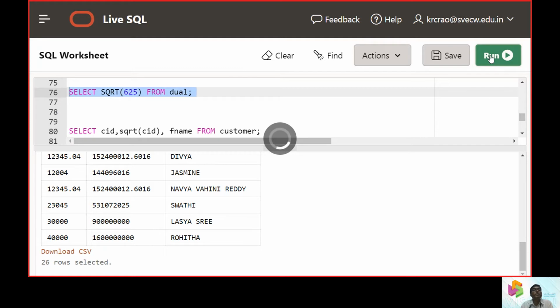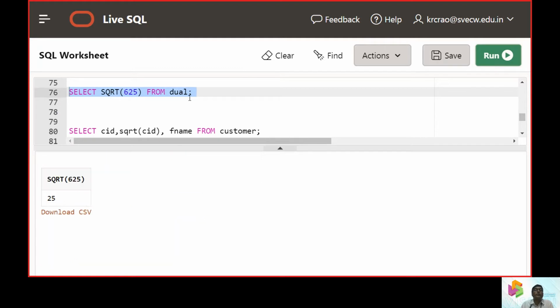We expect the answer as 25. Here we are going to use the dual table. As mentioned, dual is a one-dimensional default table in SQL. It's an empty table specially used for user convenience to display some system data. Predefined functions can be invoked via that table.